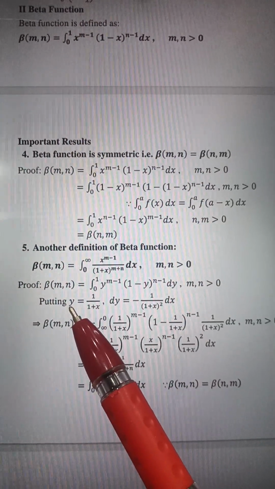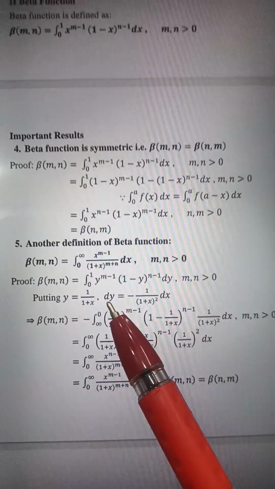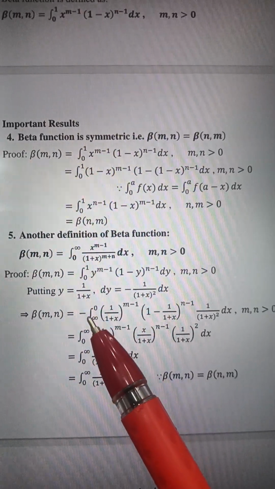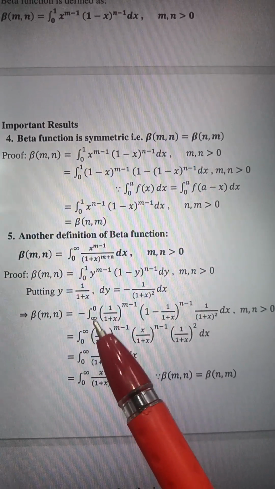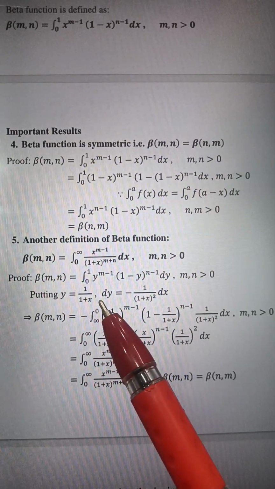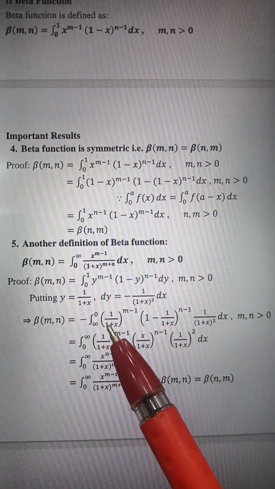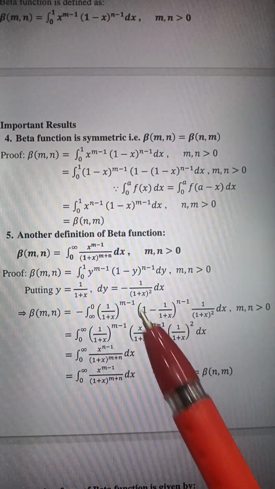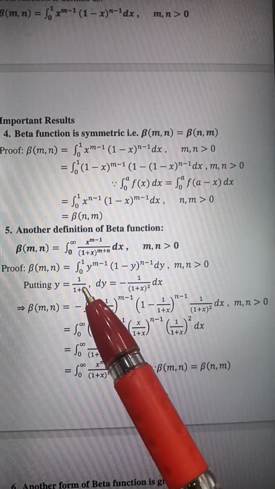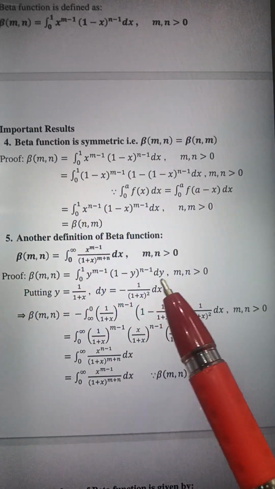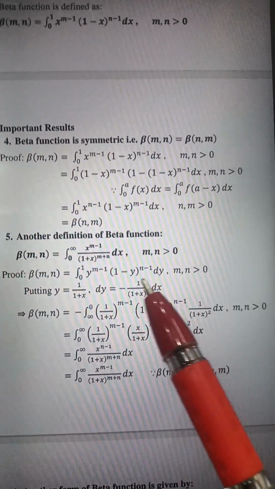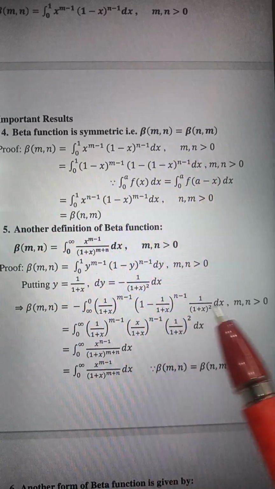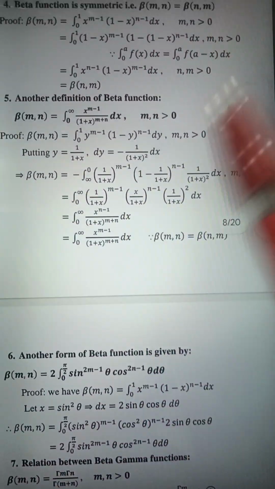Okay. Now put y equals 1/(1+x). So dy will be -1/(1+x)^2 dx. Okay, so in place of y we will write 1/(1+x). The limits go from infinity to 0, sorry, we will write 0 to infinity with a minus sign. In place of y we are writing 1/(1+x), with (m-1) power as it is, 1 as it is, minus as it is. In place of y we will write 1/(1+x) with (n-1), and in place of dy we will put this value. I hope this is clear. And this minus sign will come outside. m, n are greater than 0. Okay. Now next